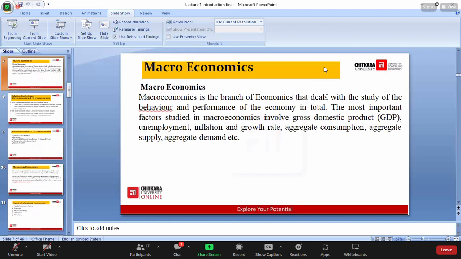So I'm going to start with macroeconomics. That in macro, we talk about the whole economy. We talk about poverty. We talk about unemployment. So if I'm talking about a Procter and Gamble company, it